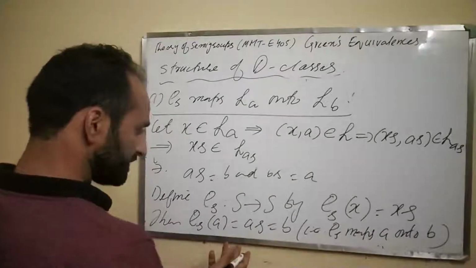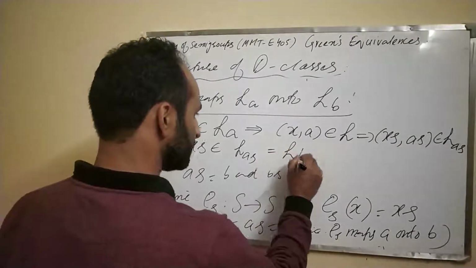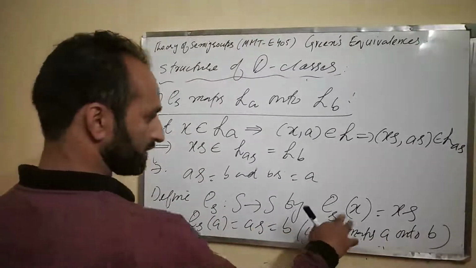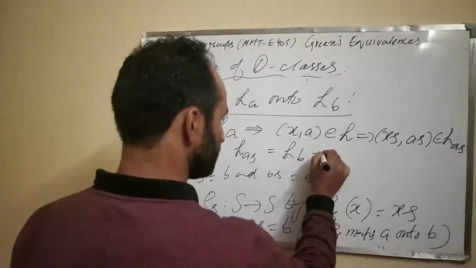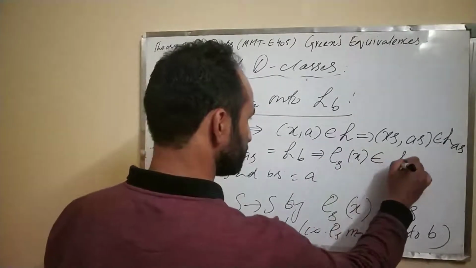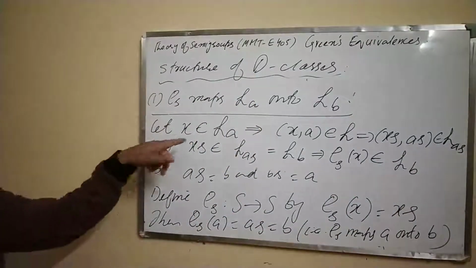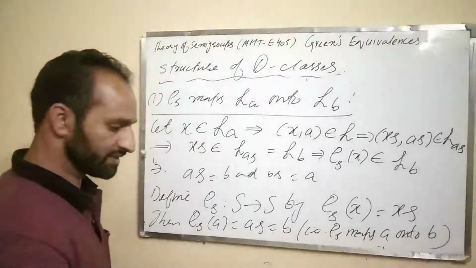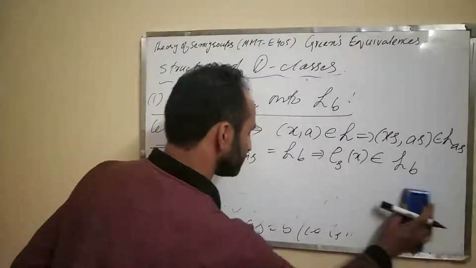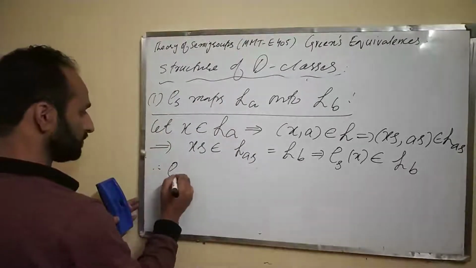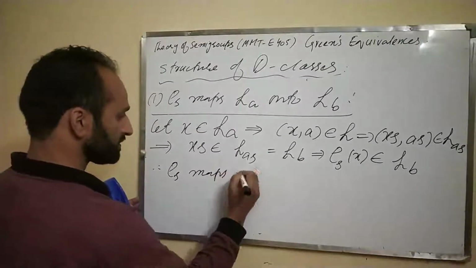But what's L of AS? It's actually LB. And what's XS? XS by definition is equal to rho S of X, equal to XS. So which means that rho S of X belongs to LB. So whenever X is in LA, its image under rho S is in LB. So that means it maps LA into LB. So therefore rho S maps LA